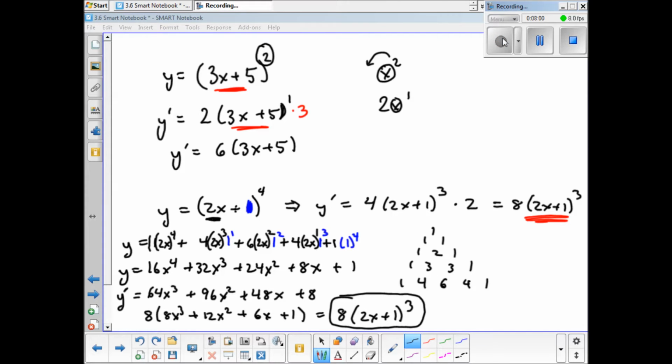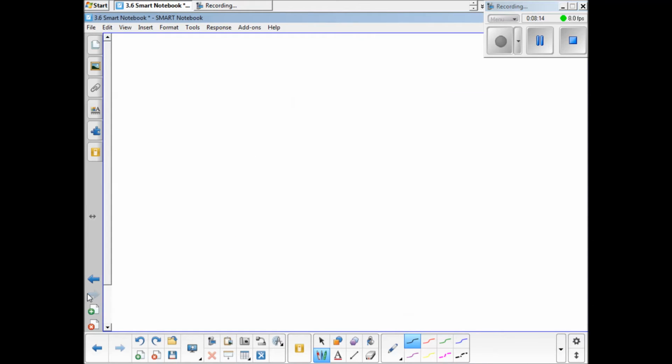Okay, so now we haven't proven anything. We haven't proven that our little trick works here with the chain rule. But if it does work, and it turns out it does, and it turns out that it can be proven, it's just not something we're doing today, we should be able to do a problem like (2x plus 1) to the 100th power in under a few